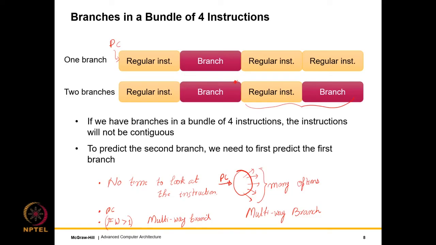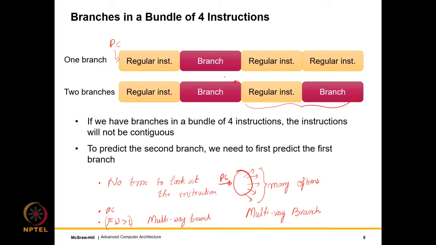It should ideally generate code such that branches are placed relatively far apart, such that if I were to fetch 4 contiguous instructions on the correct path, there will desirably be at most 1 branch. So this will reduce the load on the branch predictor and allow us to design simpler systems, right? As opposed to this multi-way branch scenario.